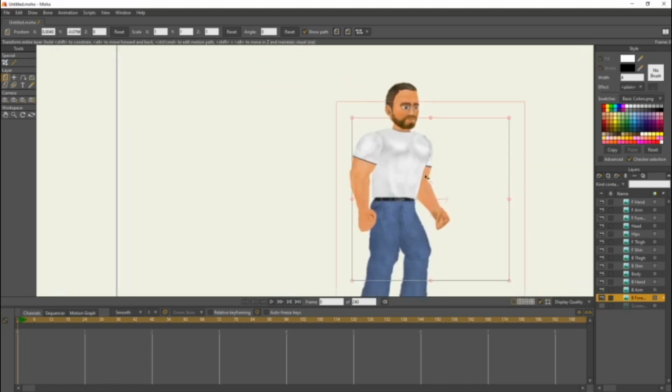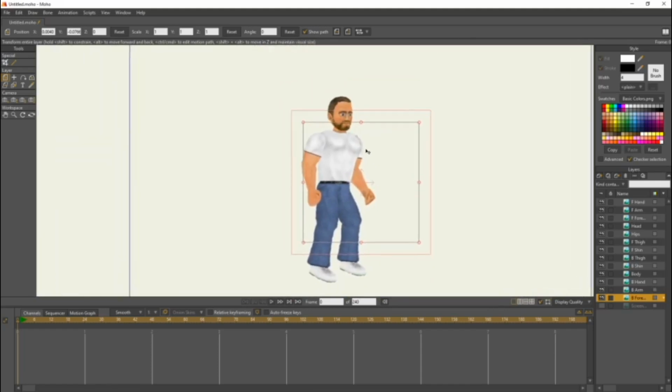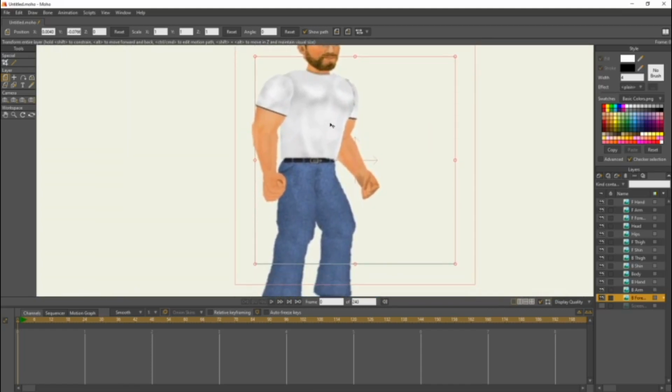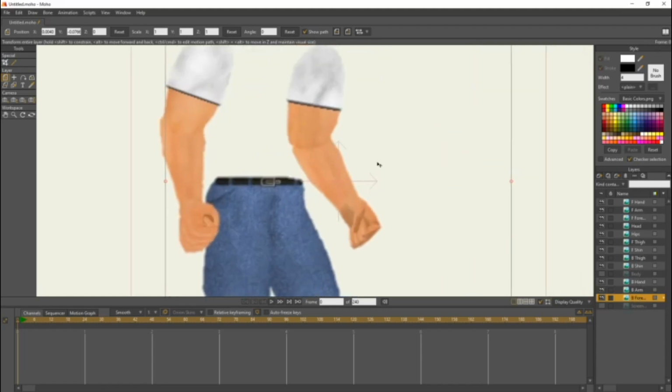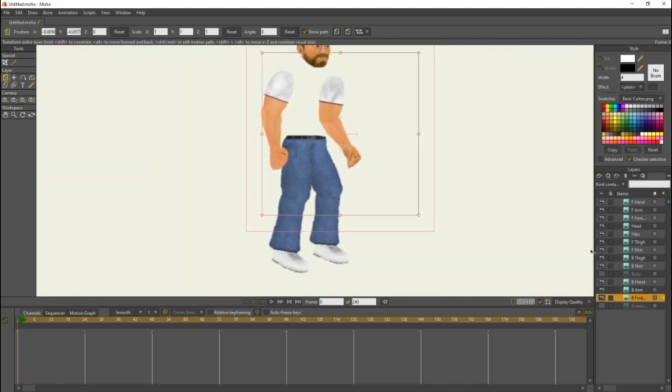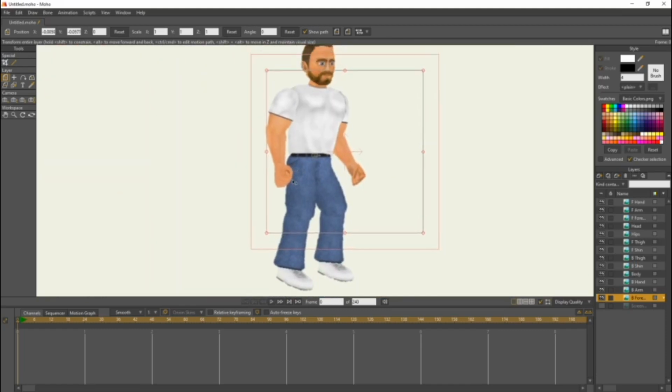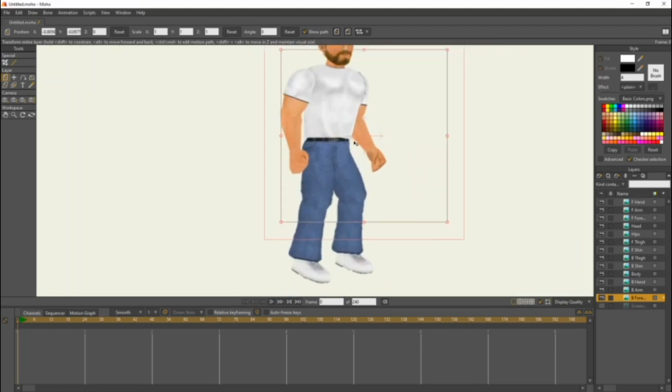So now your character should be looking like this. And I'm actually not going to move the things around. Actually, let's hide the body to see if that front arm is nice, that back forearm. I think I want to move the back forearm, so highlight the back forearm, see if we can move this around to see if we can get it looking better. I think that looks pretty good right there. And we're going to keep that like that. He looks pretty good right now.